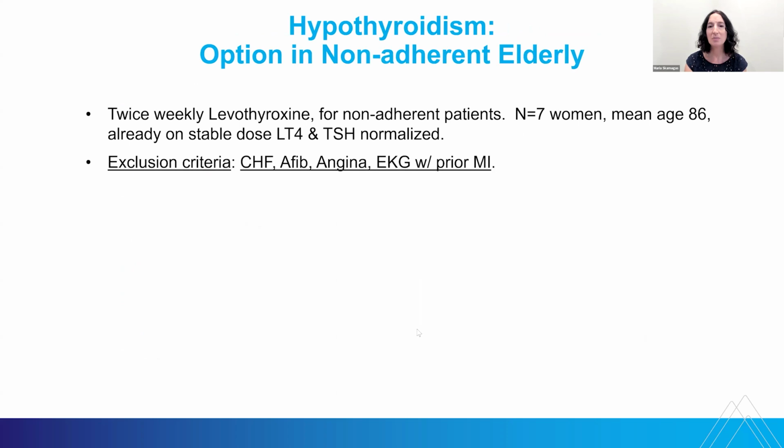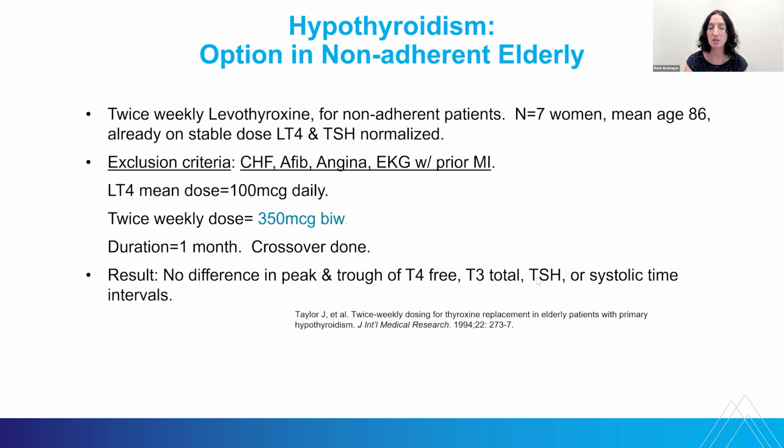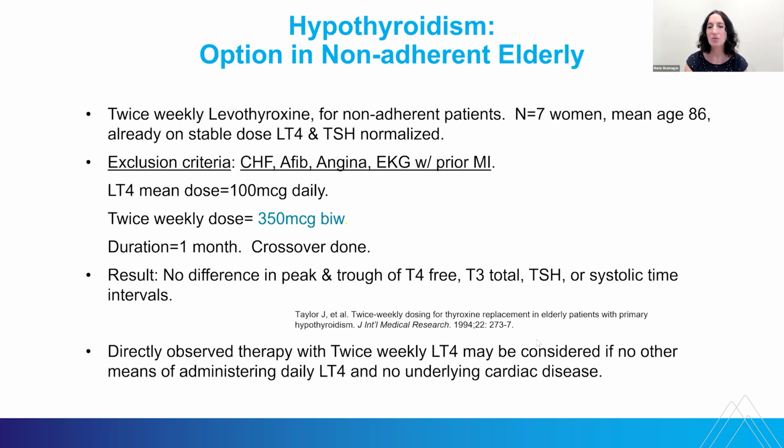Now, just briefly, if somebody's not adherent to thyroid hormone, this very small study of 7 women who were elderly and on a stable dose of thyroid hormone had no heart disease. If that total daily dose was divided into a twice weekly dose, it appeared that it did not affect their peak and trough T4, T3, TSH, or a cardiac tissue factor called systolic time interval. And so if you're really desperate and you need to do directly observed therapy twice weekly, that is an option